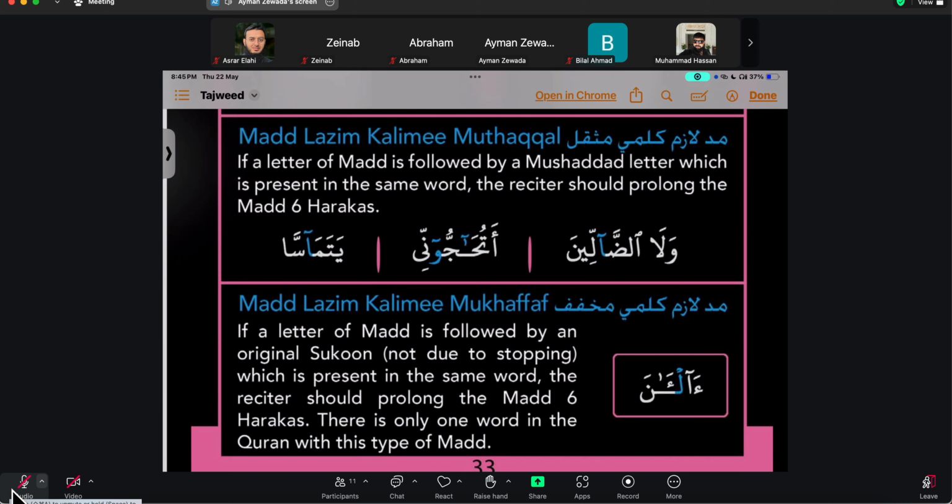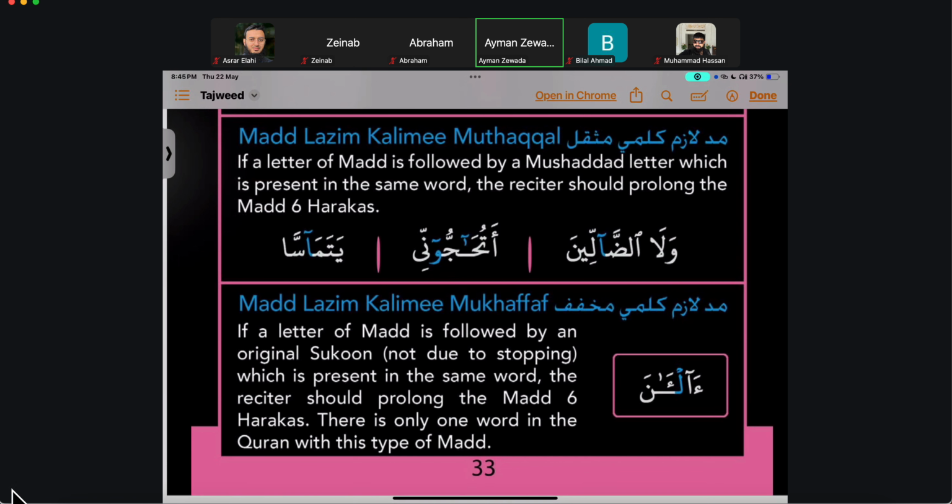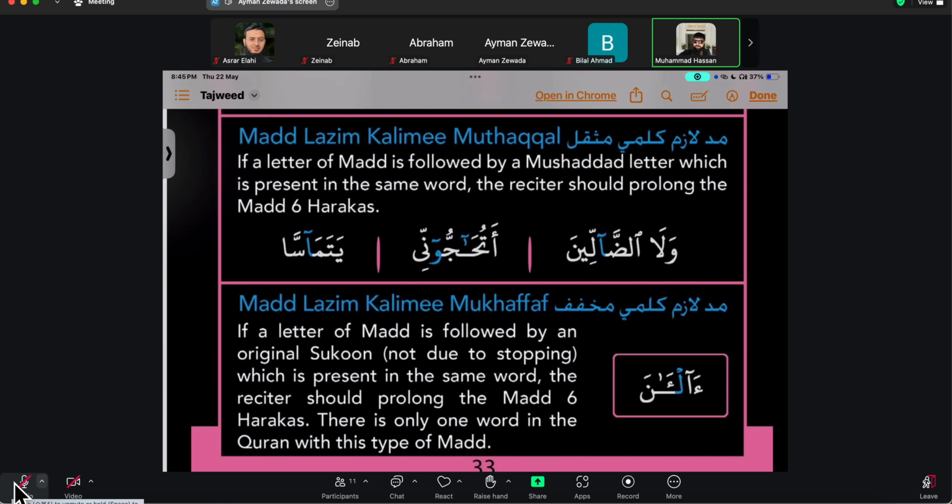Jazakallah khair. Is it for emphasis? Can you elaborate, please? I'm just thinking that the meaning of the word, as it is put in the ayah, requires the emphasis on that particular word. I'm not sure of the Arabic, but I think that's what it's supposed to mean. So you mean the Sheikh called it lazim to try and emphasize why it's so important. That's why he gave it its own whole chapter.